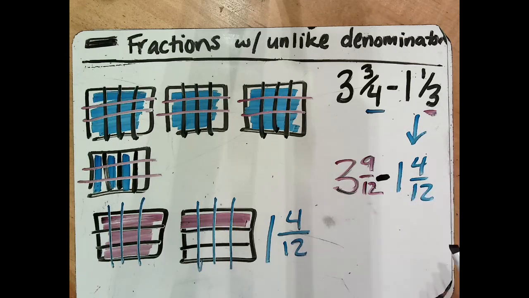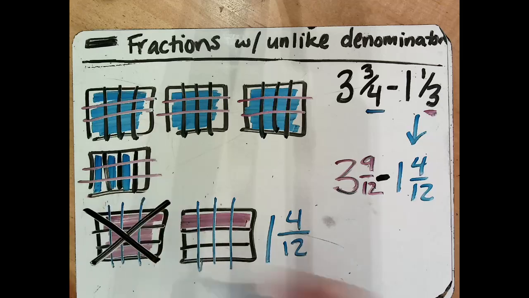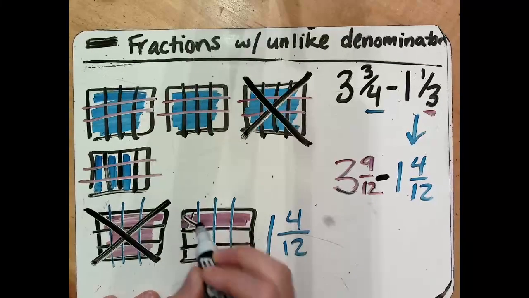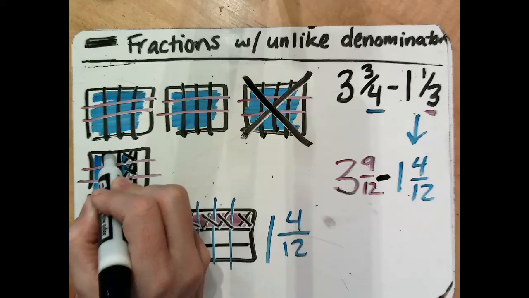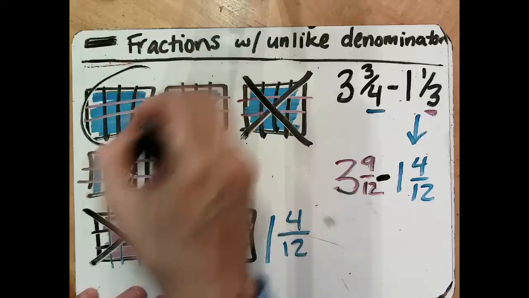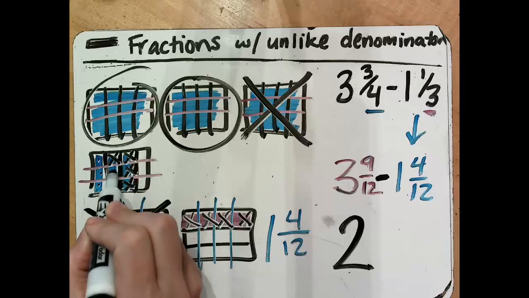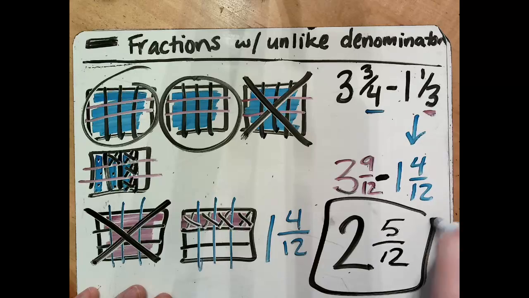Now, you can go ahead and do that subtraction, 4 taken away from the 9, all of that jazz. Or you can literally have the students cross out pieces. I'm going to take away a whole. Now I need to take out 1, 2, 3, 4 pieces. I have 2 wholes, and 1, 2, 3, 4, 5 pieces of 12 left over would be